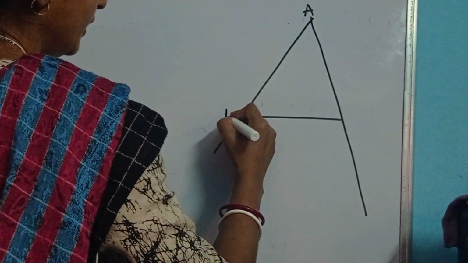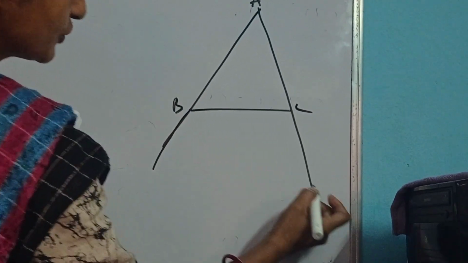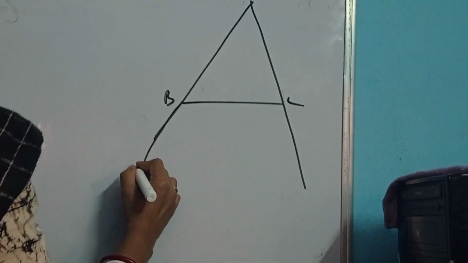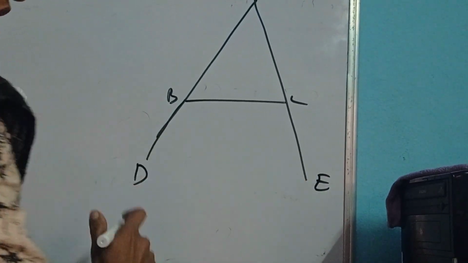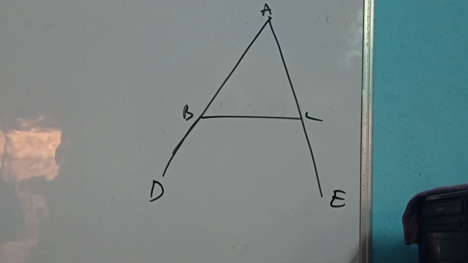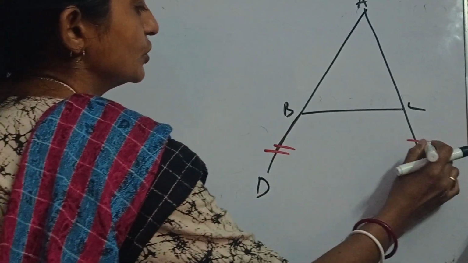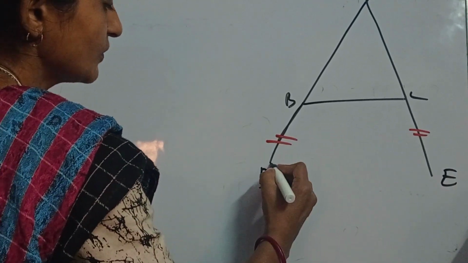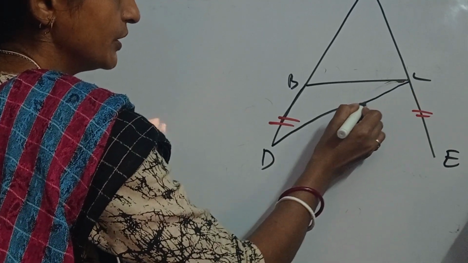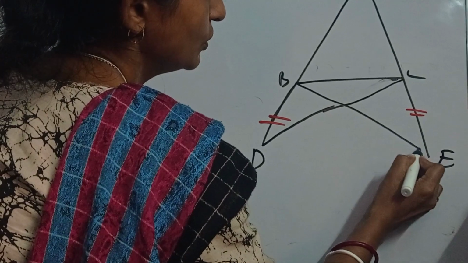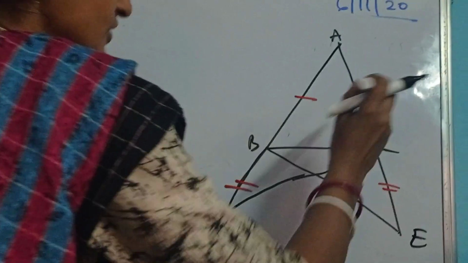It is A, B, C, this is the triangle. Now it has been extended up to that, and that is extended up to that. So it is B, A, D, it is A, E. These two are equal, that BD and CE are equal. So this is the second part of my question. Now CD was added or joined, and BE also joined. Here it was given also that the two were equal.